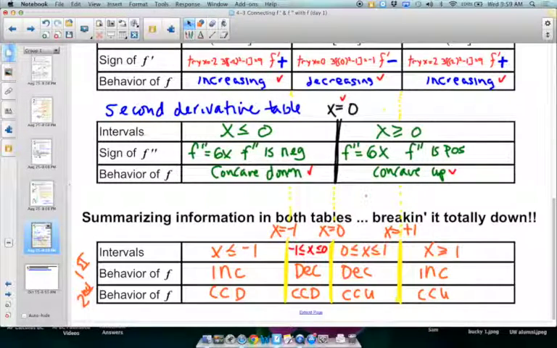Okay, so really using the first and second derivative test to get the summary table. And then I'm just going to give you some work time because there's really not a whole lot we're going to